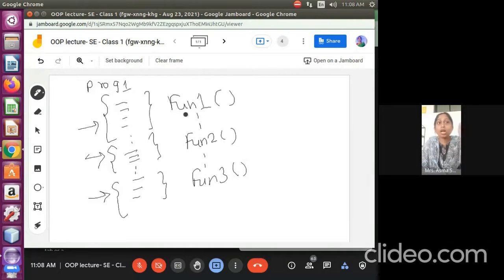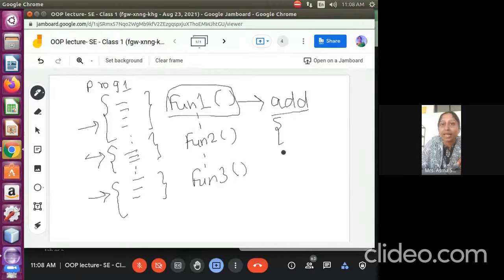As well as that, the function helps us combine similar kinds of code. Similar kind means, say, I need to perform the addition. Whatever task I need, I can write within this curly brace, within this part of the function. So I can have two numbers and perform the addition a plus b. The task of this function is to perform the addition, and I can call this add function multiple times in the program whenever I need it.